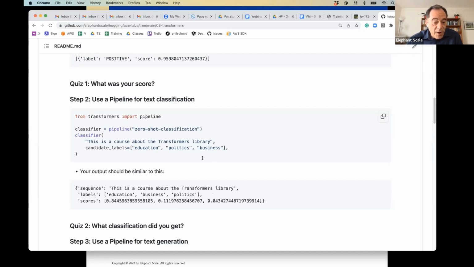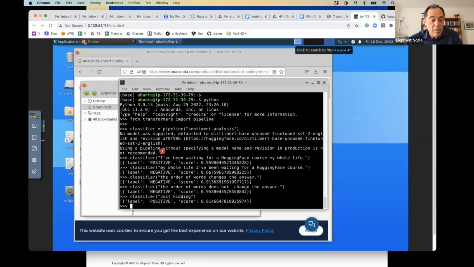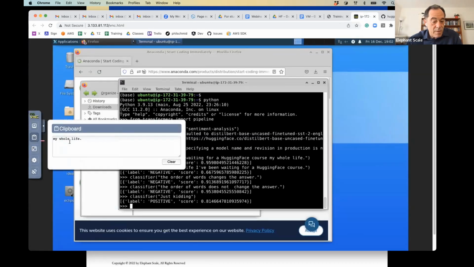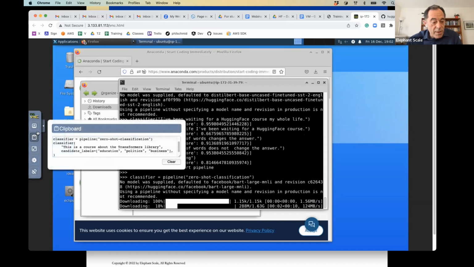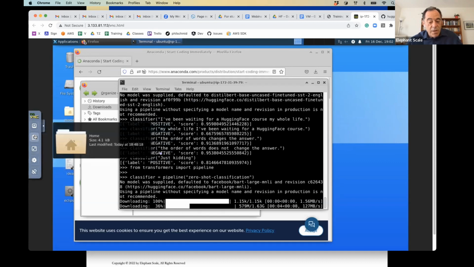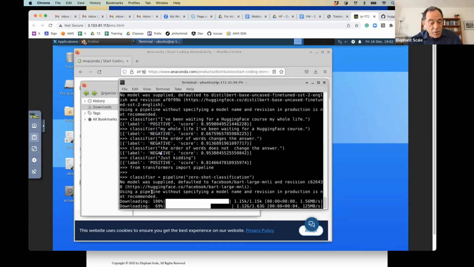Well, we'll try that, and I will leave you what I would expect you to do. By the way, it downloads the necessary libraries, tells us which model by default it chooses.